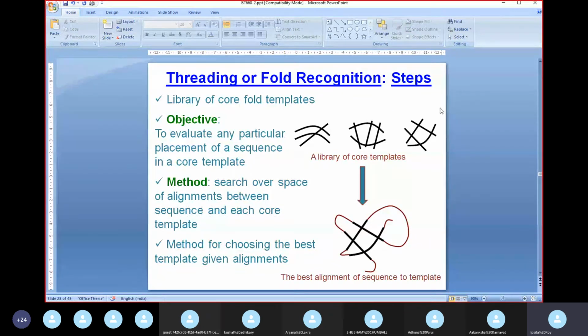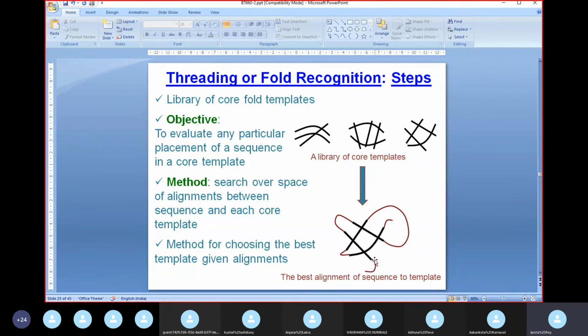So if this is the template that you have, you find that your sequence fits in very well, because it is not random, you don't just dump something on something. Your sequence has an N terminal, it has a C terminal. So when you start from here, you somehow will have to build in this sequence so that it fits into this fold.